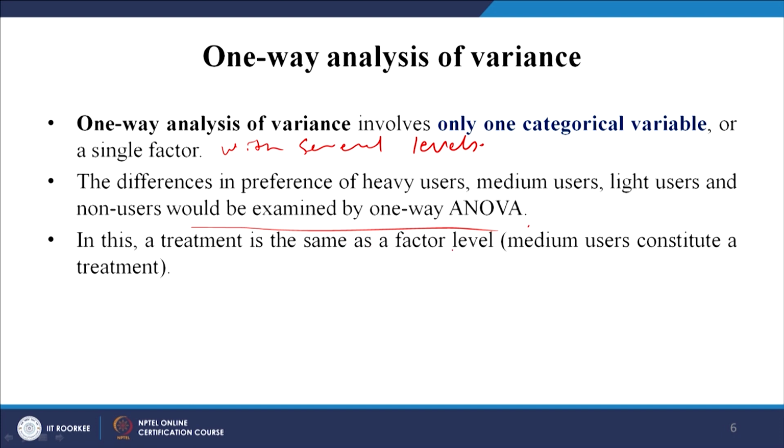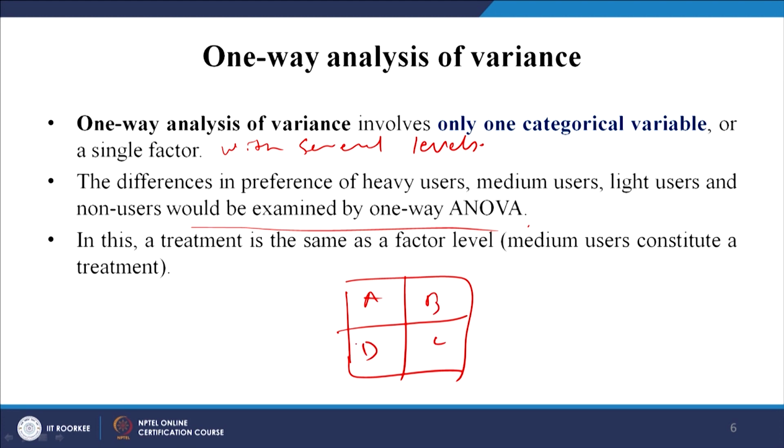So, in this fertilizer case what we said, there are 4, right, A, B, C and D. So, there are 4 levels we are saying, and we are trying to say that each has been given a different treatment, a different kind of fertilizer, right. Now, we want to check the effect of this on whether the levels are giving the same result or they are giving a different result.